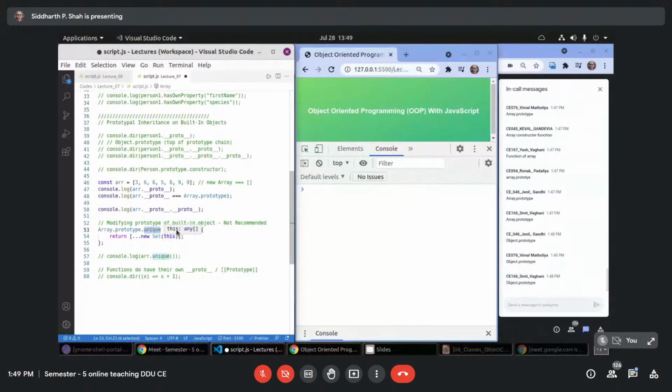Wherever I call this function, on whichever array object, it will be converted into a set. Whenever you create a set out of any list of elements, it will contain only unique elements.